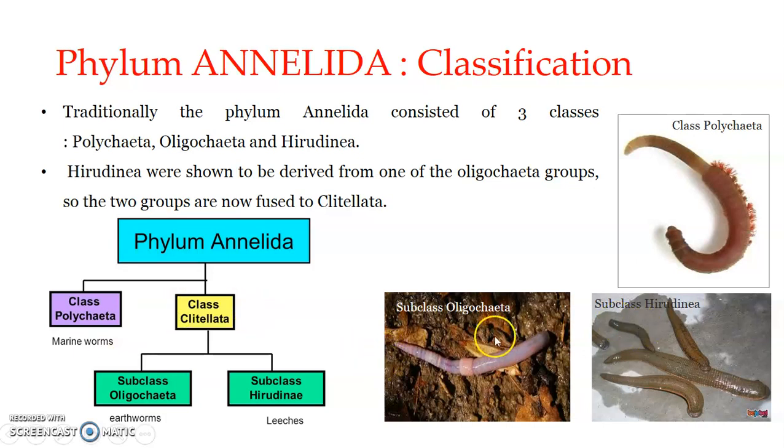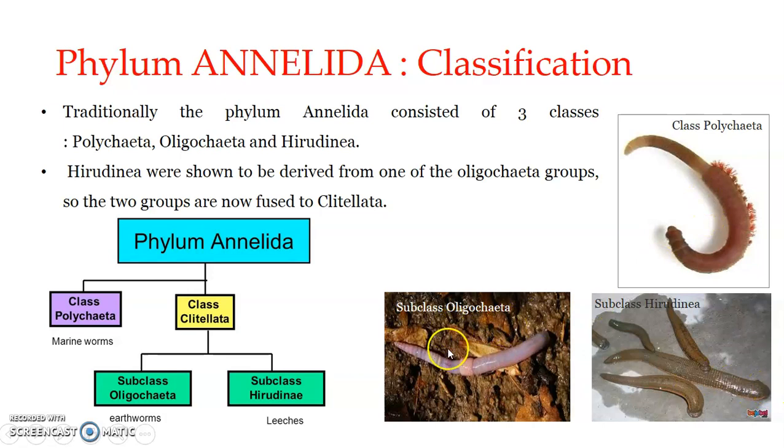While Oligochaeta and Hirudinea come under Clitellata. The name has come because of the presence of a structure which is known as clitellum. We'll be looking in detail in the coming videos. Oligochaeta, as the name says, oligo means few and chaeta means setae. So few setae. As compared with Polychaeta, this contains few setae, and usually these setae are found segmentally. And this structure is what is referred to as a clitellum. Going into Hirudinea, the name has come from hirudo, which means leech, and this includes leeches.